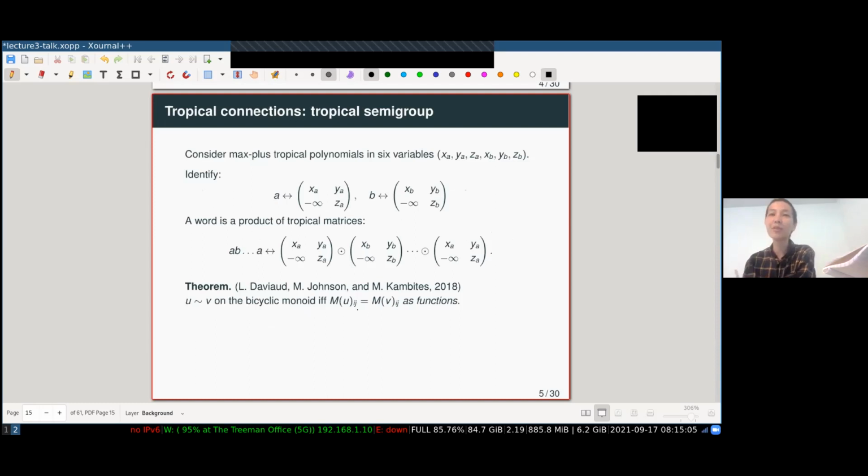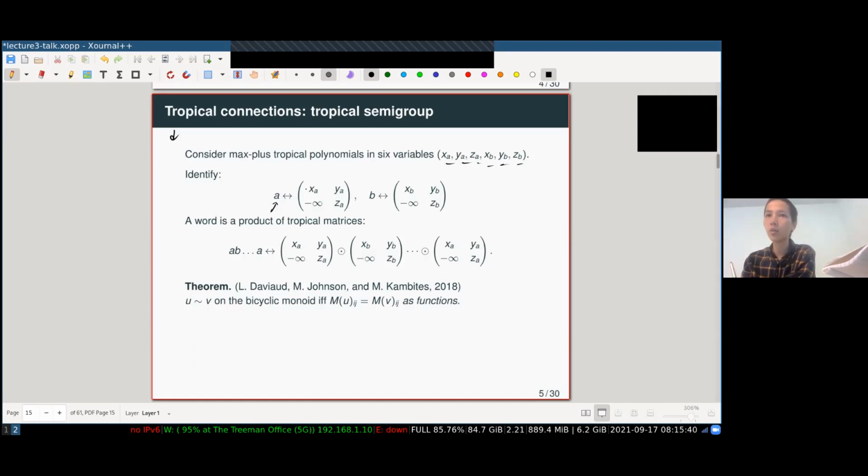So to me, the interesting part comes in the tropical connections, which again allow us to get some polytopes out. Here's a theorem that's not obvious at all. Let's consider the ring of max-plus tropical polynomials in 6 variables. I have 3 variables x, y, z for A, and 3 variables x, y, z for B, and I will identify